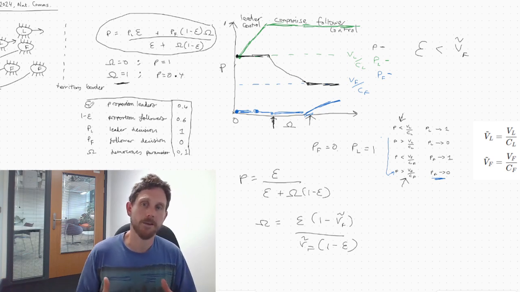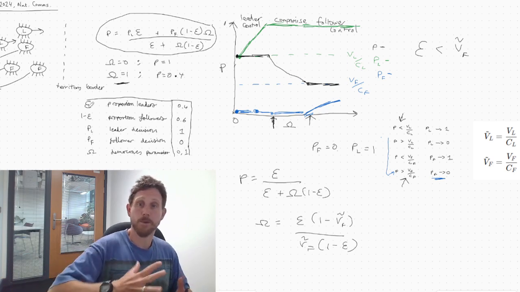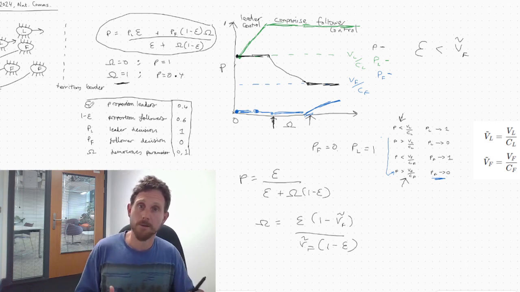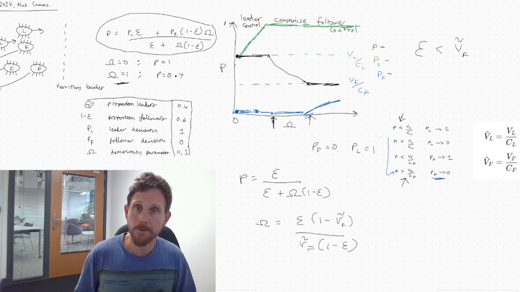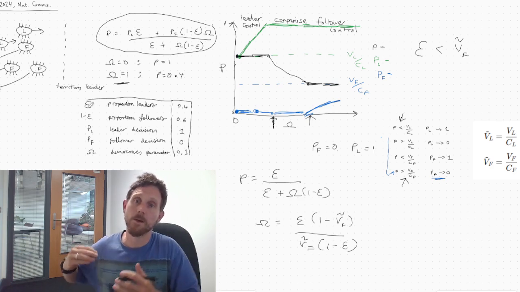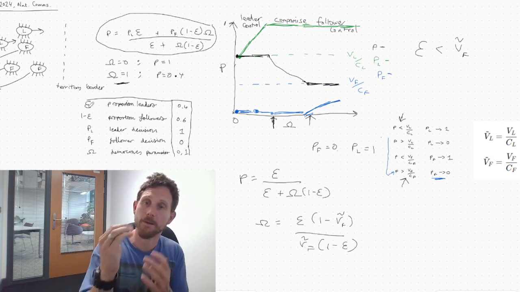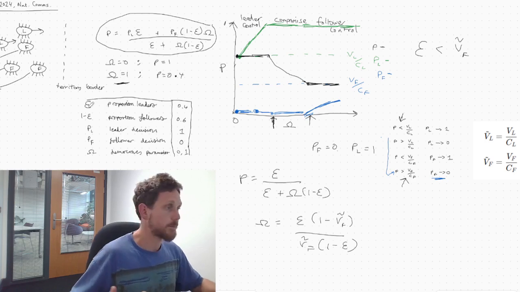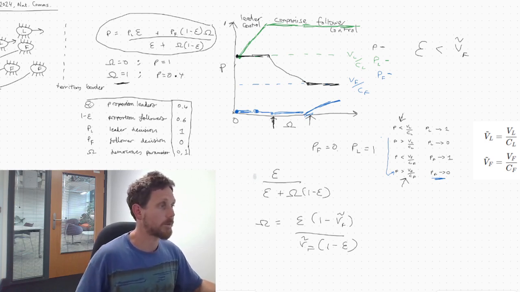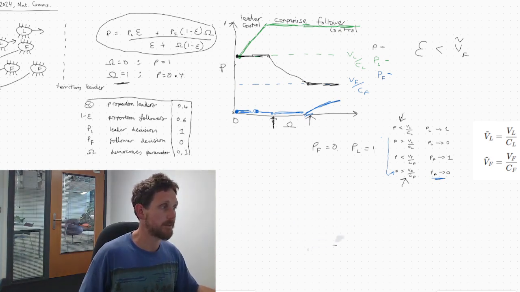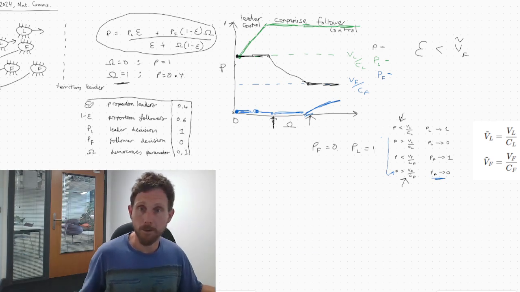I'm not going to go through this derivation. I hope I've provided the tools so that if you're interested enough, you could go through this for yourself. But this is interesting, right? The only way to get a follower control phase is under the condition that the proportion of leaders is lower than the cost-benefit ratio for the followers. This begs the question, could we have a condition under which there isn't even a compromise phase or a follower control phase?